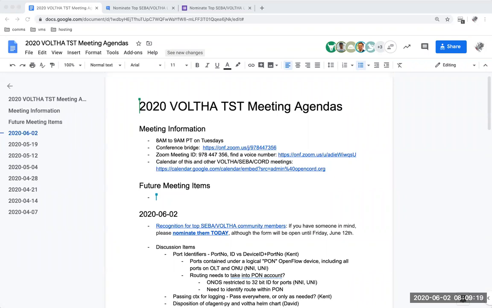Is that port unique? That port ID, is it unique or not? Is there anybody that can help there? Because that will help to figure out whether we are assigning the correct port number in the core or not. My understanding was that there are certain rules that operators had for assigning